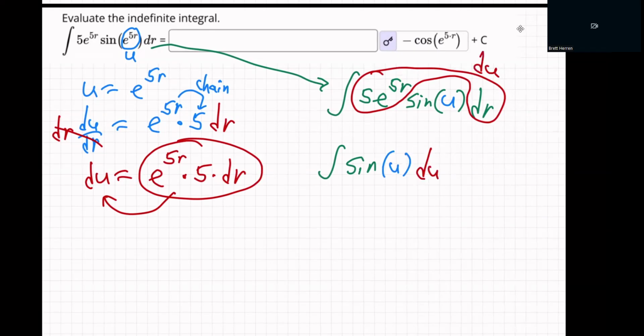All of that stuff is just du. So right here, du is 5 e to the 5r dr. The order doesn't matter. 5 e to the 5r dr. That's all du. So there we go. Isn't that beautiful? It's a beautiful thing. All right. Let's do the